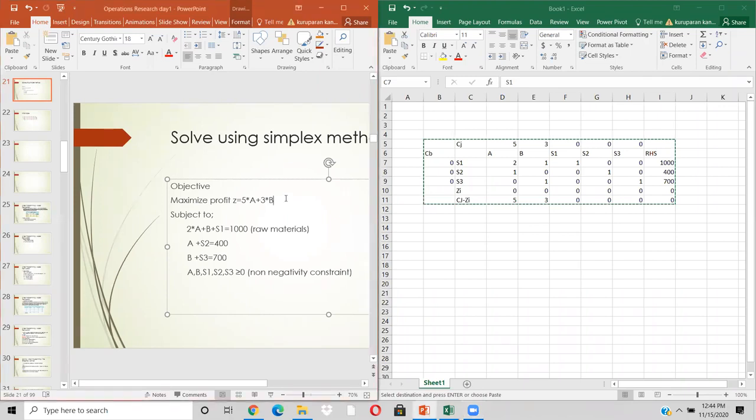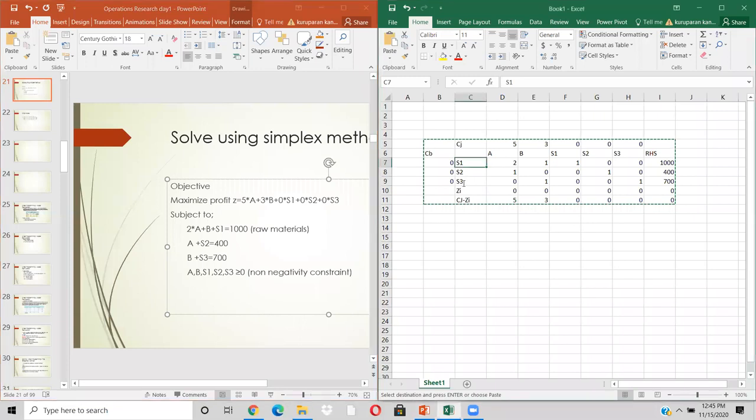See the objective function, whether it has S1 or not. No, there's no S1. That means we can write 0 times S1, plus 0 times S2, plus 0 times S3, something like so. Here, the coefficient of S1 in the objective is 0, for S2 it is 0, and similarly for S3 it is